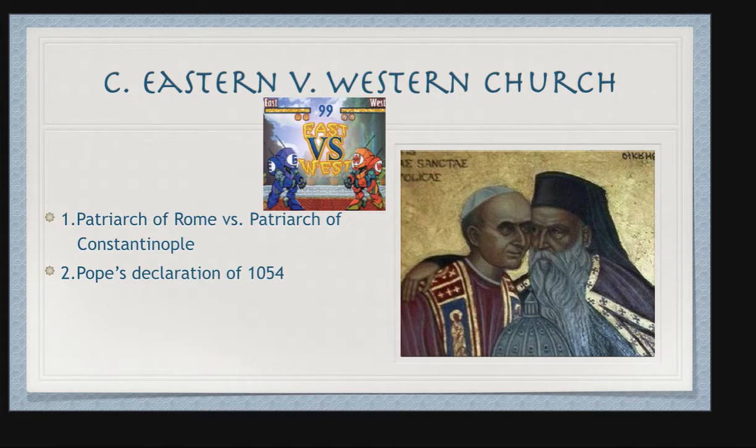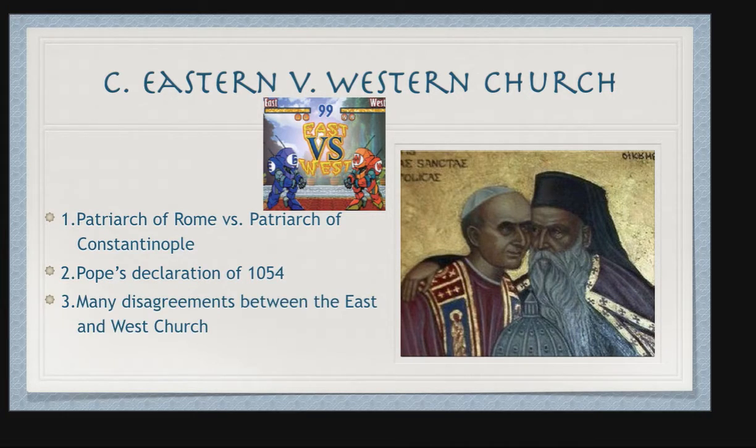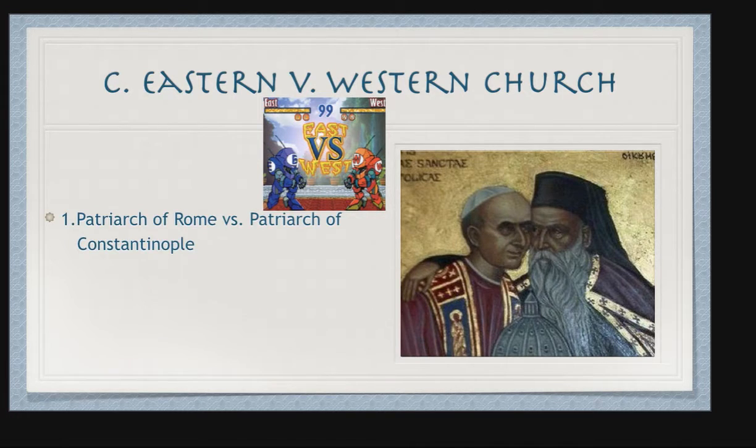Why would the other people under the other patriarch let him do that? He doesn't. He's not going to. So the guy in Constantinople, he refused the declaration, says, no, you can't do that. That's not within your powers to do. The guy in Constantinople calls him out and he says, hey, Patriarch of Rome, you don't have the authority to do that. That's not right.